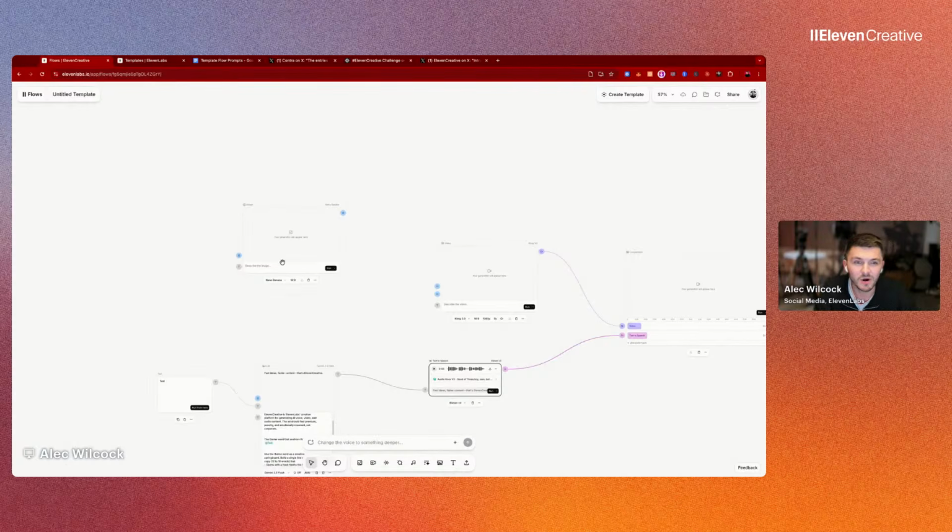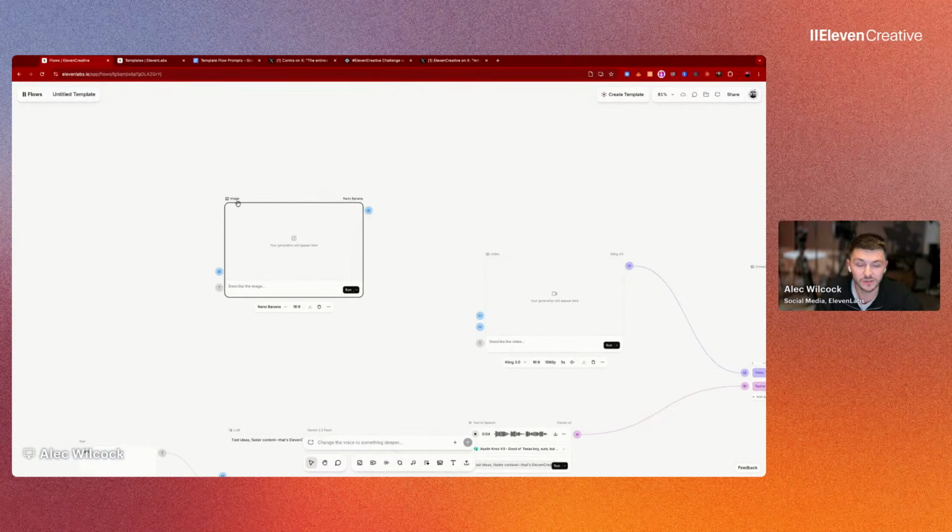So the next part that we want to create is the visual asset. First I want to start with a static image or a static ad, because when you're creating videos with AI, it's great to start with a start frame. And so we're going to generate this start frame. So the very first thing that I want to do,